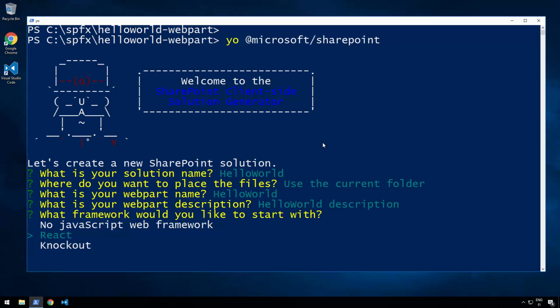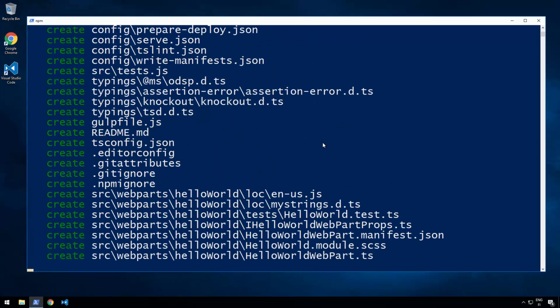Or you can also use React or Knockout templates, and these will create a client-side WebPart and a dummy WebPart, which will then use React or Knockout to render and implement the client-side WebPart itself. But like mentioned, you can always start with no JavaScript web framework and then add the needed libraries as you move along in the development. So let's choose the no JavaScript web framework like in the tutorials, and